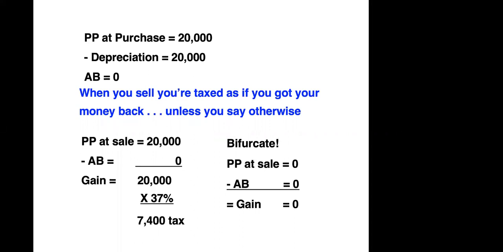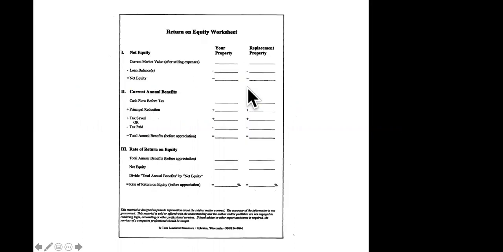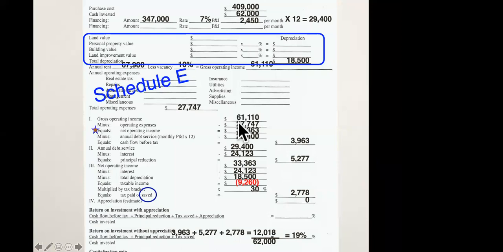All right. Now, here's my last question to you for today. This property, here's this worksheet we did way back this morning. Let me show you. Go to this. You don't have to turn to it. Here's this one we did. $409,000, 19% return. You did all the math. You know how all that works. Here's my question to you. Is that property worth $409,000? Is that property right there worth $409,000?